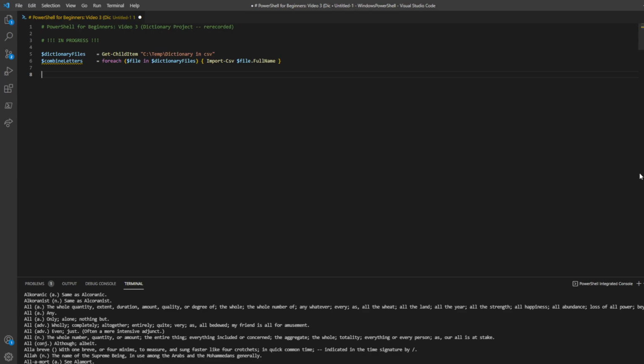So firstly, let's just start with for each entry in combined letters. And again, we're only coding for the first entry, so I'm just going to stop it with the first entry. What this is going to do is I'm going to have a for each. I'm going to know that the for each works on the first entry, so hopefully I can just take this out and run it against every other following entry in the dictionary that